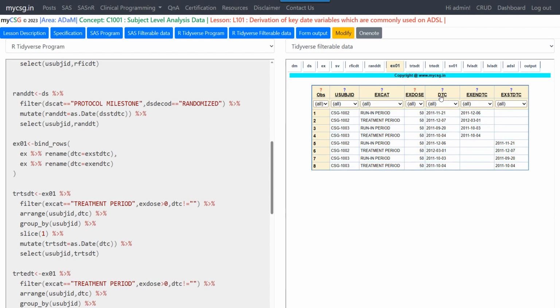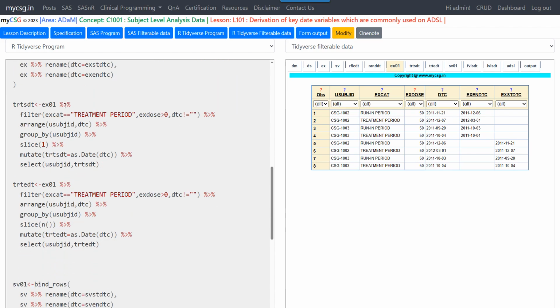So to pick the earliest or latest, we can use DTC when deriving TRTSDT and TRTEDT. Now let us see how TRTSDT and TRTEDT are being derived using the logic. We are using this pooled dataset which contains EXSTDTC and EXENDTC in the same named variable called DTC, and then passing it into the filter function to filter the required rows. Here we are filtering the rows where EXCAT is equal to treatment period, and then also filtering only the rows where the exposure dose is greater than 0 and date is not missing, and then passing it further into